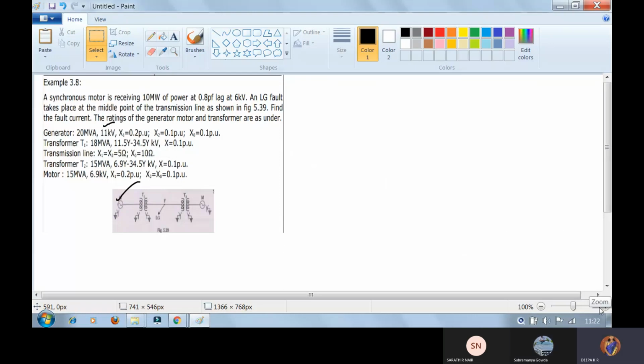So that is sequence reactances of a generator. First starting with generator, no? I'll start with sequence reactances of generator because I need to find out positive, negative as well as zero sequence of my generator value. So we know that the reactances will be considered into old value by new value. MVA, that formula I have to remember: MVA new divided by MVA old into kV new divided by kV old.